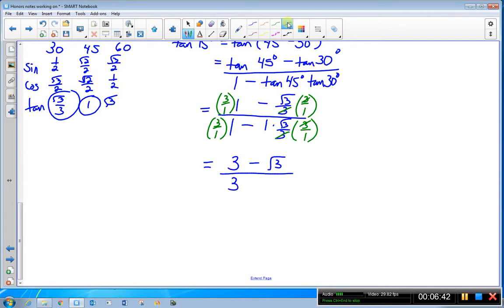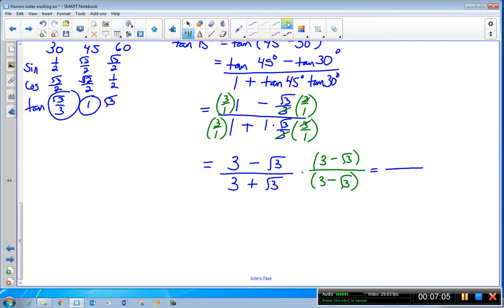Oh, I think I did this wrong. This one is supposed to be plus. So 3 plus radical 3. And then one last thing to do, rationalize that denominator. So I'm going to multiply by 3 minus radical 3 over 3 minus radical 3, because that will give me